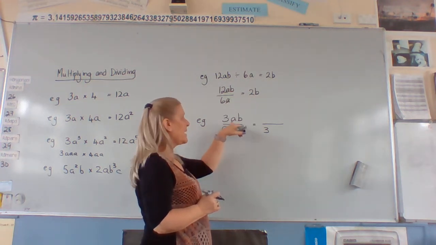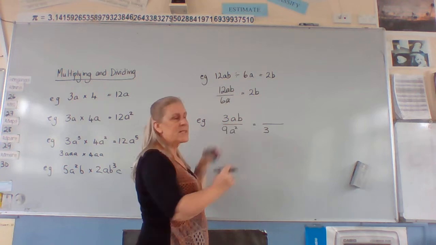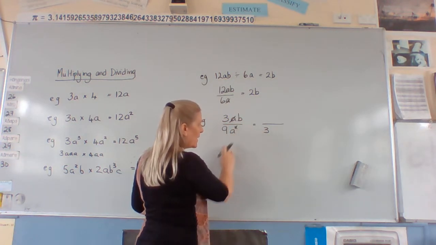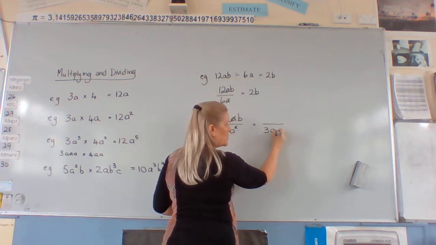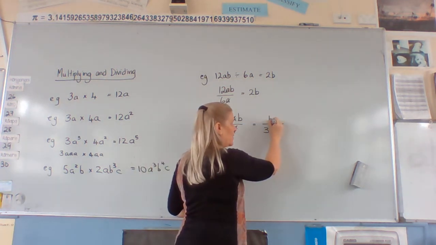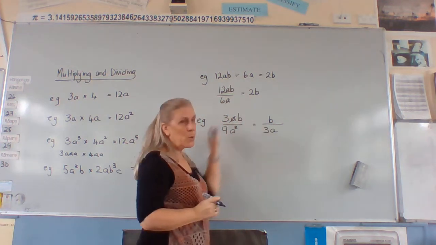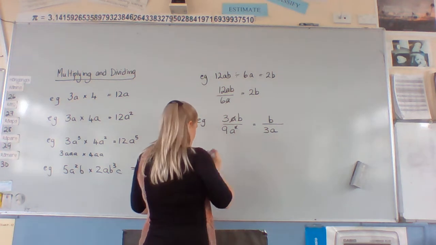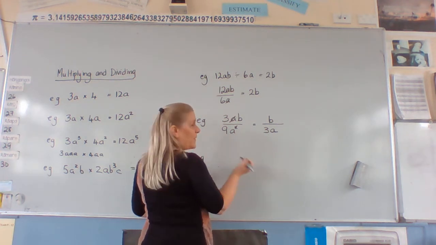We've got 2 a's here and 1 here. So when we cancel this 1 with one of these, we're going to leave 1 on the bottom. And this b, he was on the top, so he stays on the top. Now, it's really important that they stay where they belong. If you get rid of everything,